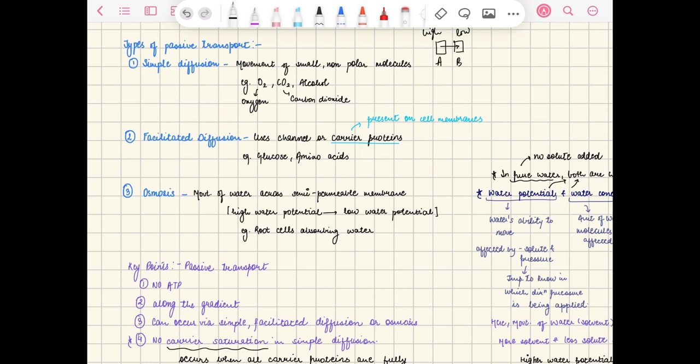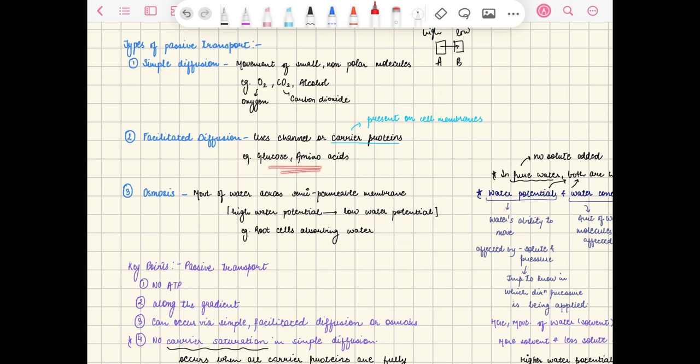Now, if we move on to facilitated diffusion. Facilitated diffusion uses channel or carrier proteins. We'll study this in the chapter on the cell, but there are certain proteins present on the cell membrane. Some are embedded inside the cell membrane and some have one face outwards and another face inside. Glucose and amino acids use these carrier proteins, the ones that have their faces outside and inside, to